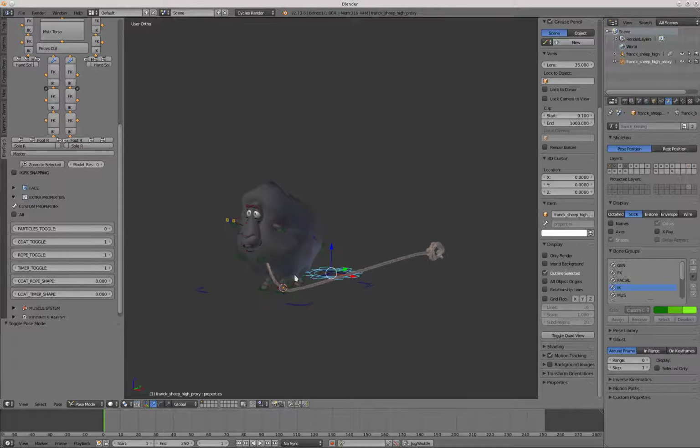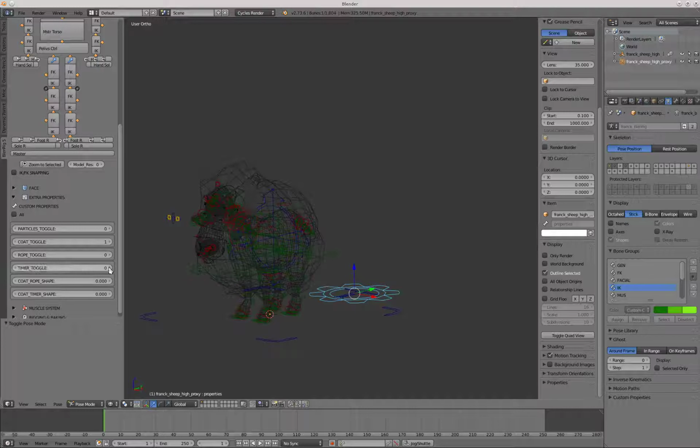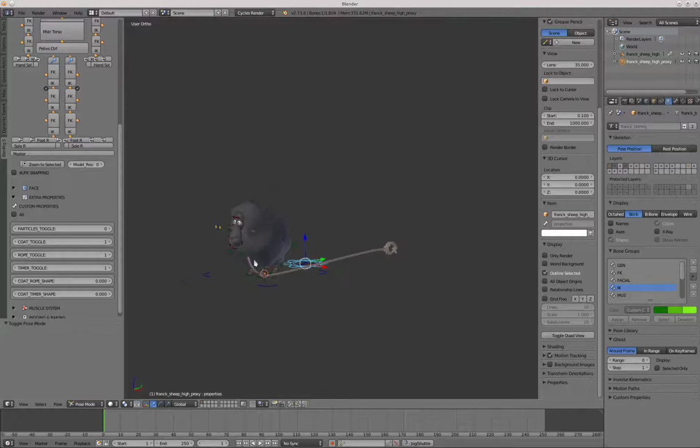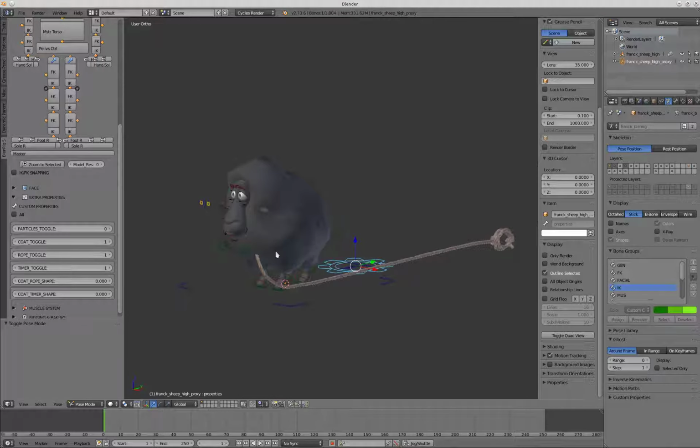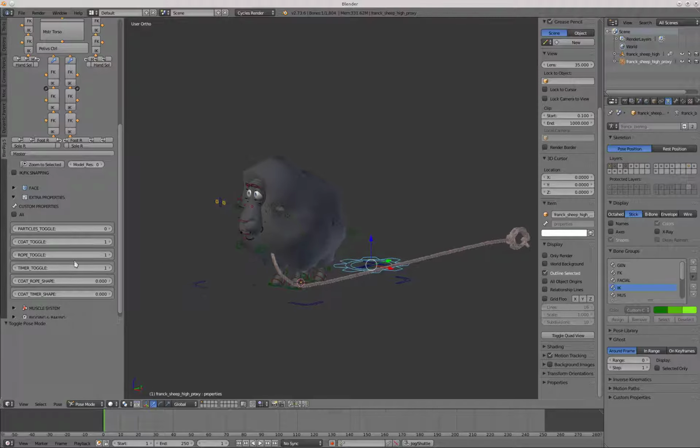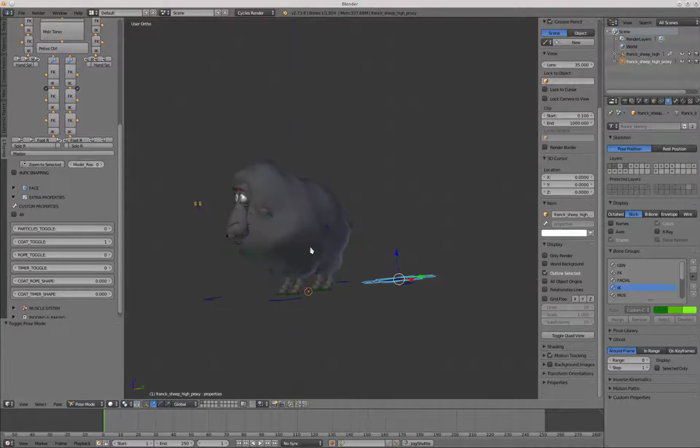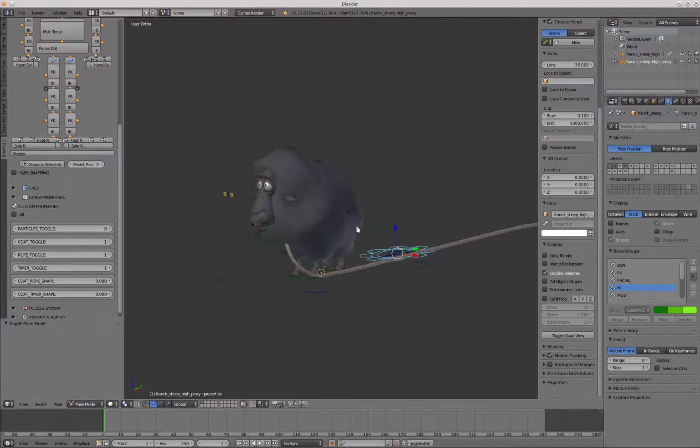Then, as you can see, we have some props here. We have the rope toggle and also the timer toggle. So we have these two new props that the character has. If you just want to use the character without props, you turn off these two properties and you start using the character. But if you want to use those props, apart from making a proxy of the blend rig armature,